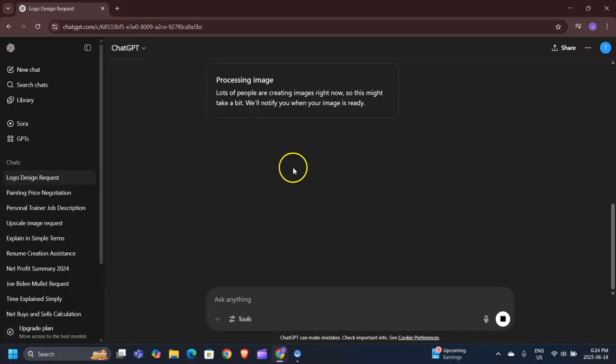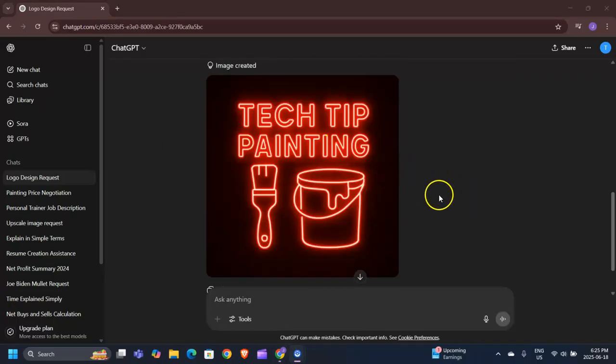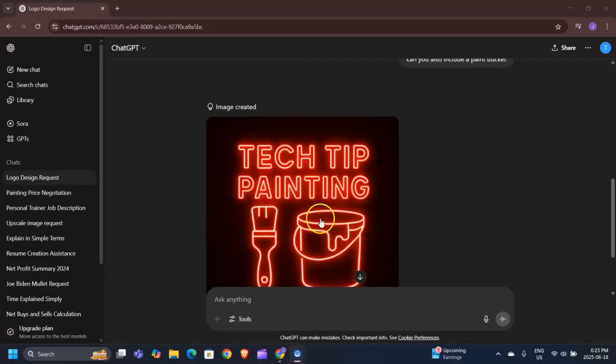Sometimes it doesn't work perfectly, keep that in mind, but you can always reprompt and do it again and again until you feel perfect with the logo that it generates. And there you have it. It included the paint bucket like we asked. It even included a little drip to make it very clear that it's a paint bucket, and that's exactly what